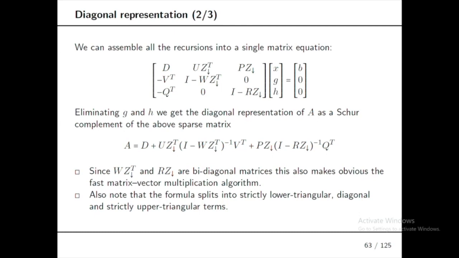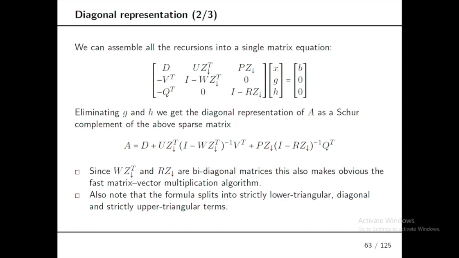Which tells me that this matrix A in SSS form is just this expression involving diagonal matrices and the downshift matrix. So in other words, this horribly complicated dense matrix is just a Schur complement of some large sparse matrix. Right? And that greatly eases further calculations. And not only that, this form also tells you directly how to multiply A times X